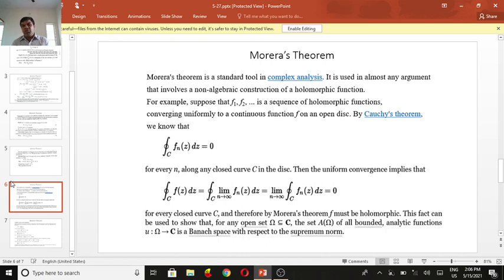It involves non-algebraic constructions. Familiar algebraic constructions mean addition, subtraction, multiplication, division and the like, but Morera's theorem involves non-algebraic constructions of holomorphic functions. We know the definition of holomorphic. We take f1, f2, f3, a sequence of holomorphic functions, then apply Morera's theorem, and suddenly Cauchy's theorem follows. That is